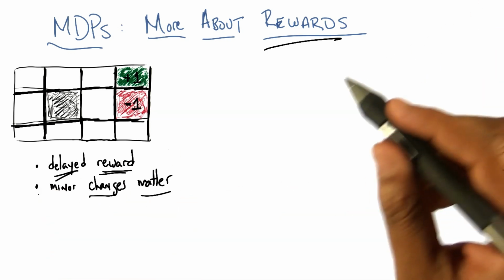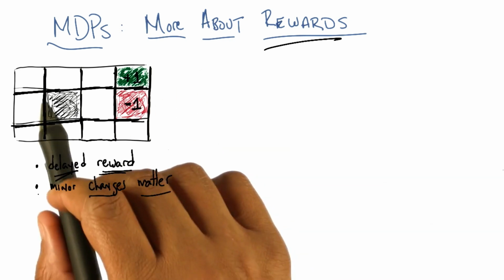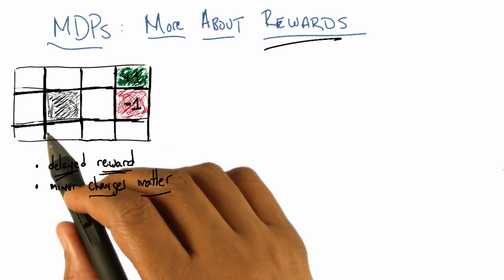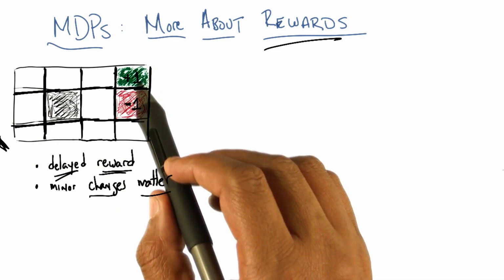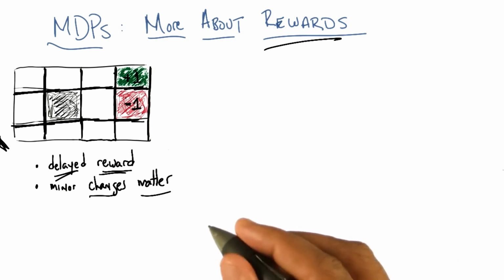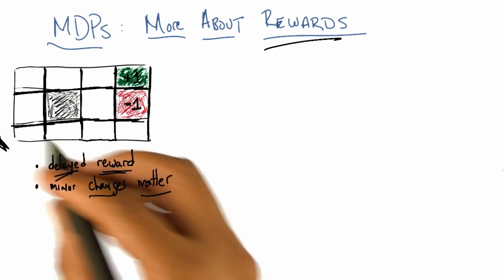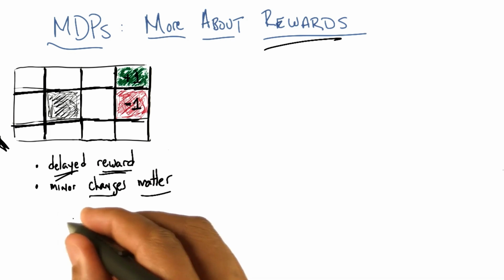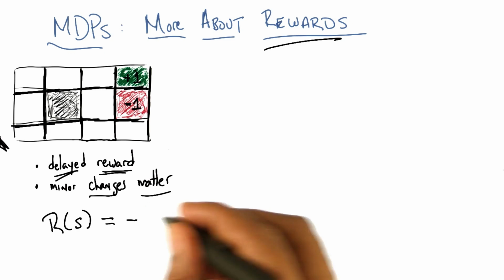What I want to do is focus a little bit more on rewards. And in particular, I want to look at the little grid world that we've been playing with so far and think about how we would learn how to get from our start state, which we always started over here, over to one of the +1 or the -1, depending upon the kind of rewards that we see. So let's push on this rewards notion for a minute if we think about how MDPs are made up. And I'm just going to write down for you what the reward is for the states in this particular grid world, okay? Yeah. So let's say I'm going to set the rewards to be equal to